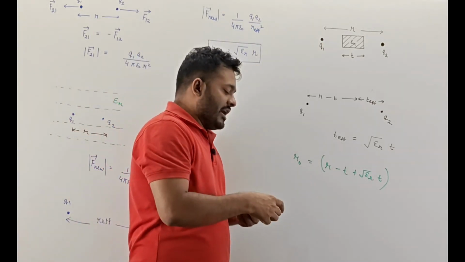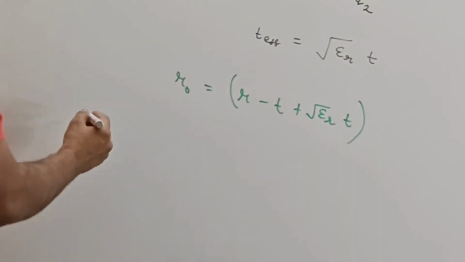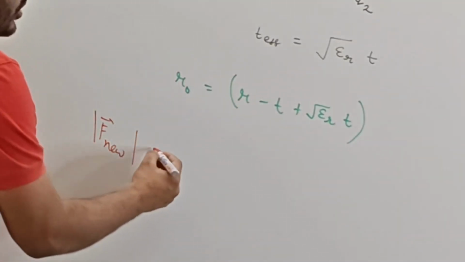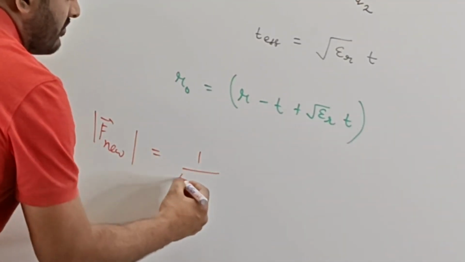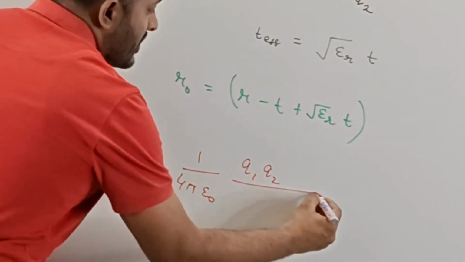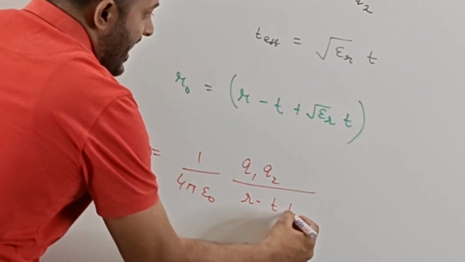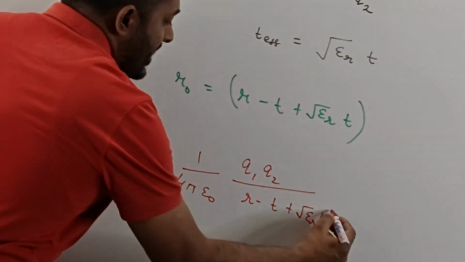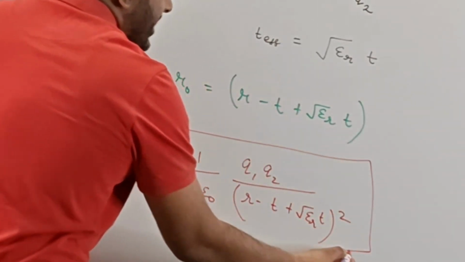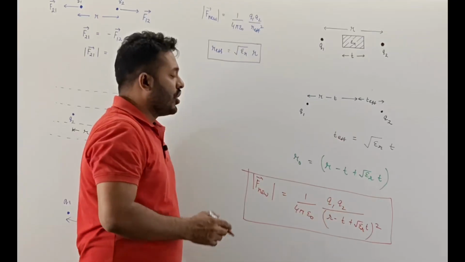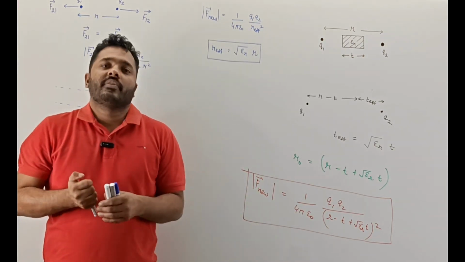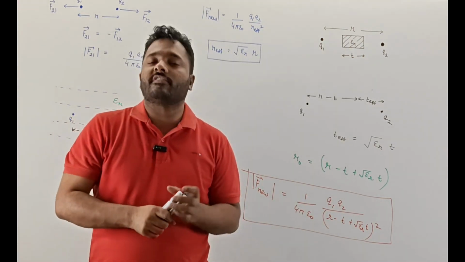And now if we apply the force equation, then we can say that the new value of force which the two charges are going to exert on each other is 1 by 4 pi epsilon naught Q1 Q2 by R naught square, that is, R minus T plus root epsilon R times T, whole square. So this is the magnitude of force which charge 1 is going to exert on 2 or 2 is going to exert on 1. Now you can look at this expression, and if the question is asked in this way,